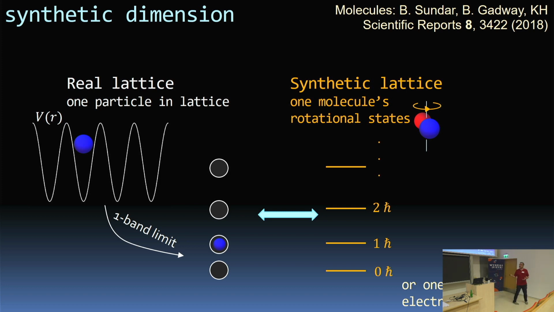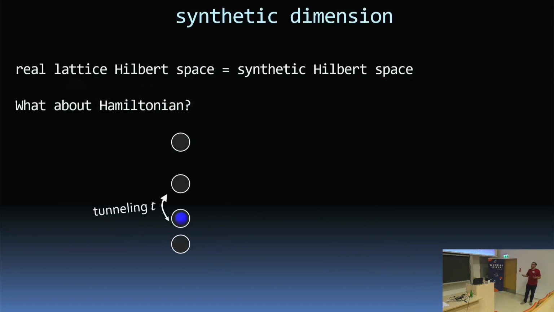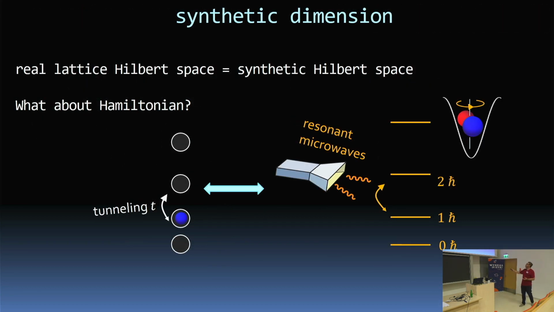So what's the Hamiltonian that describes a particle in real space? Well, the particle can tunnel from site to site, right? There's some coupling to go from one site to the other, and we can ask how to engineer the same thing here for the molecules. You know how to do this by turning on microwaves that are near resonant with these different transitions. This is mathematically identical to a tunnel coupling when you go to the rotating frame. In the rotating frame, making the rotating wave approximation, tunneling is exactly the same as a resonant microwave.